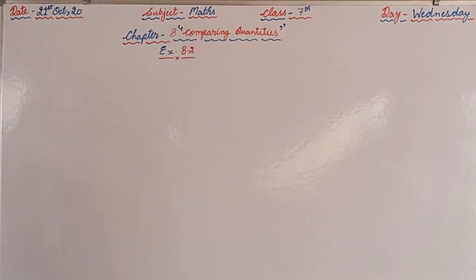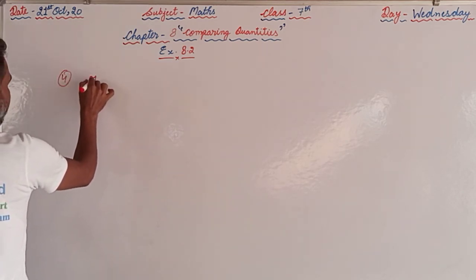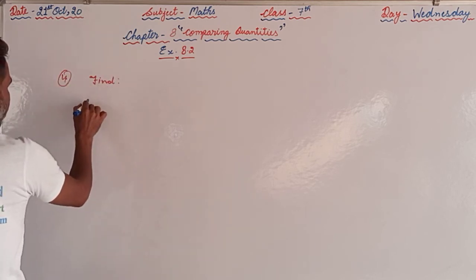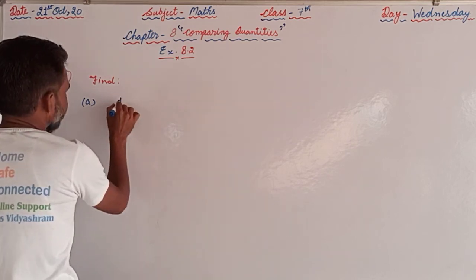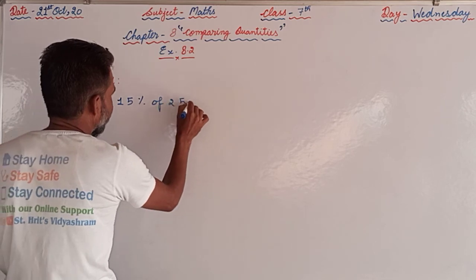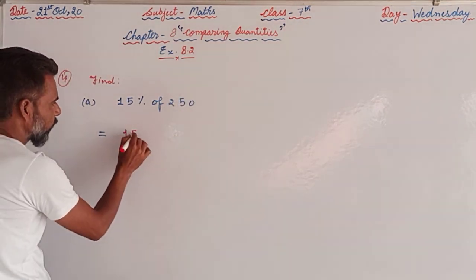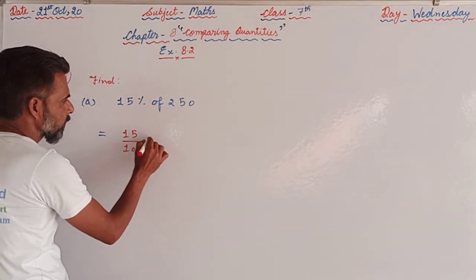Question number 4 is there. We have to find, in the A part, 15% of 250. So 15% means 15 out of 100, or 15% means 15 upon 100. Of means multiply, and